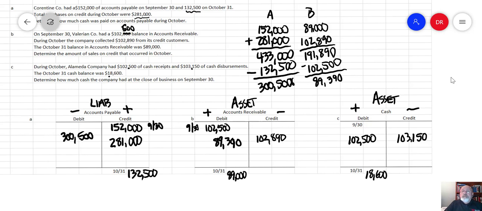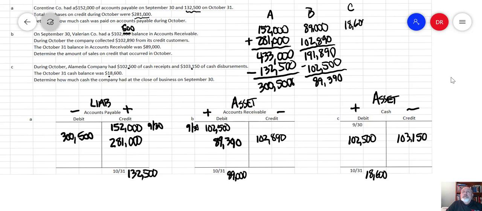Now, because the normal balance here is what we end up with, this 18,600 is the normal balance. So we're going to take the 18,600 plus the payments that we made to figure out how big this account was at its largest, and then subtract out the cash we collected to find out how much we had to begin with. So letter C then is going to be